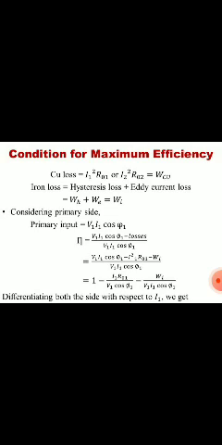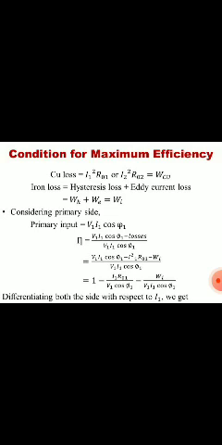Now iron loss is equal to hysteresis loss plus eddy current loss. So iron losses are basically of two types, hysteresis and eddy current loss. So we can write in this form WH plus WE is equal to WI. If we consider the primary side, then we can see the formula of primary input: V1 I1 cos phi 1. So this is the formula of power of the input side. V is the voltage, I is the current, and cos phi is the power factor. 1 represents the primary side.